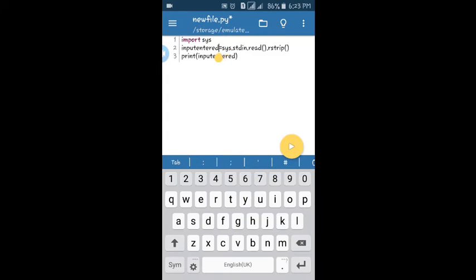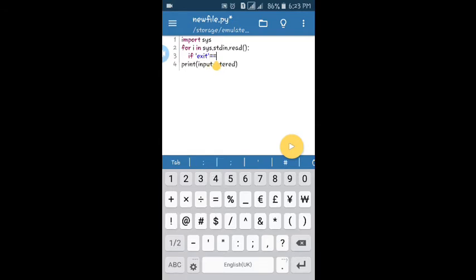It will be better to explain. For i in stdin dot read, if exit in quotes, exit exactly equals i dot rstrip,